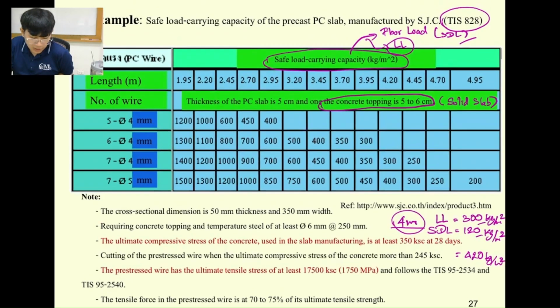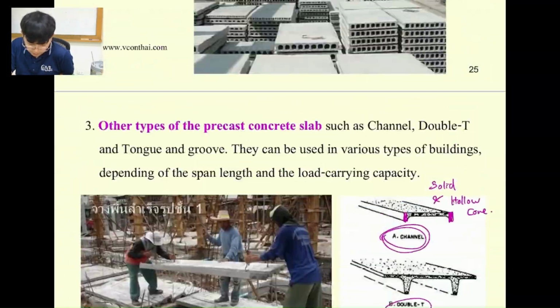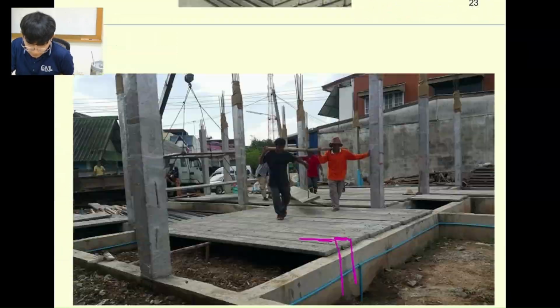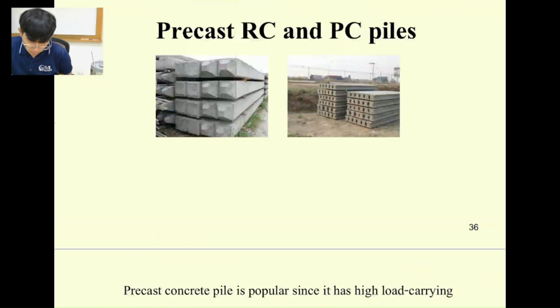What I need to look at is the span, but why does the span of 4 meters over here not appear in this catalog or this table? Basically, if you look at this image,